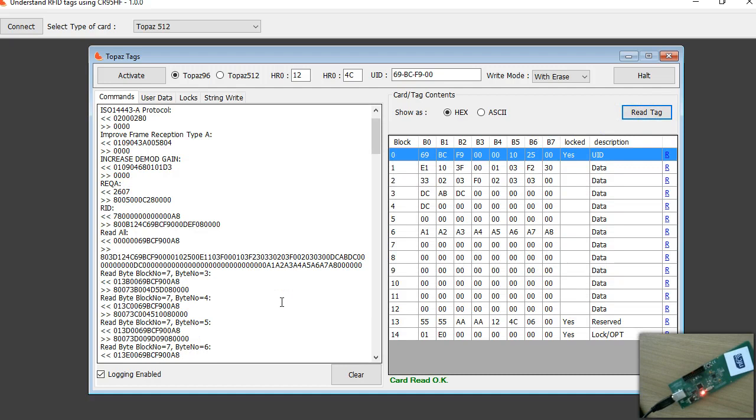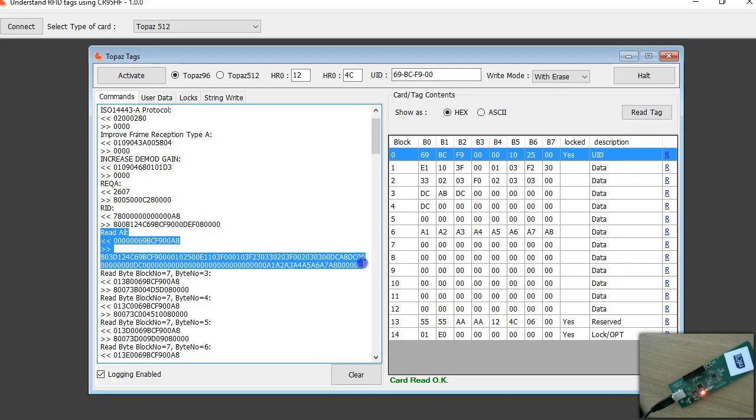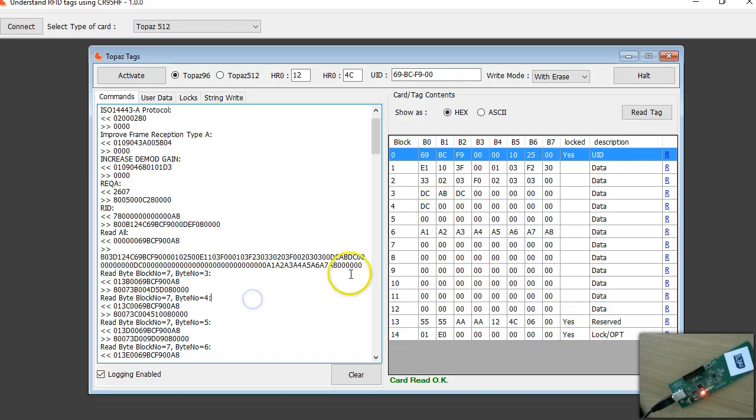So here what I've done is, just like the documentation mentions, I have used the read all command. Now the problem with this read all command is that I get only 61 bytes of data. I don't get the entire 120 bytes of data. Okay, just 61. Something to do with the USB buffering. So what I have done here is, because this read tag button is going to display all the 15 blocks,